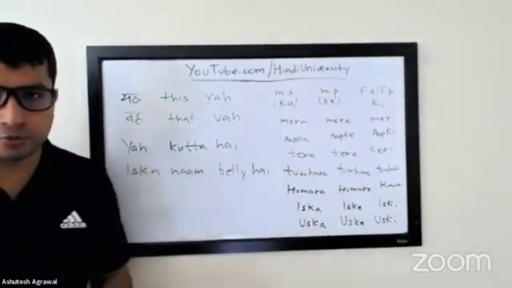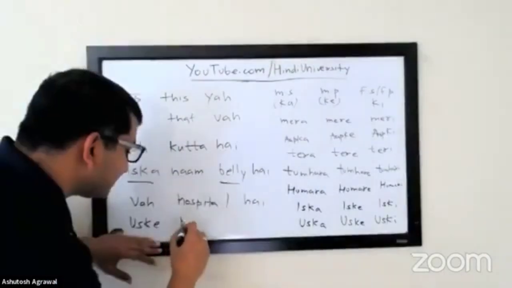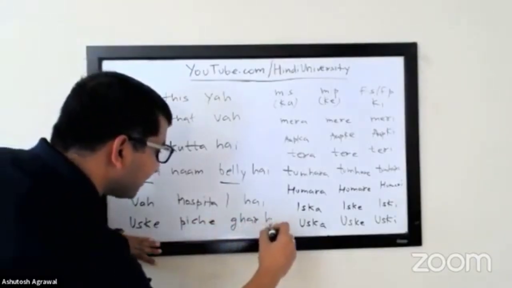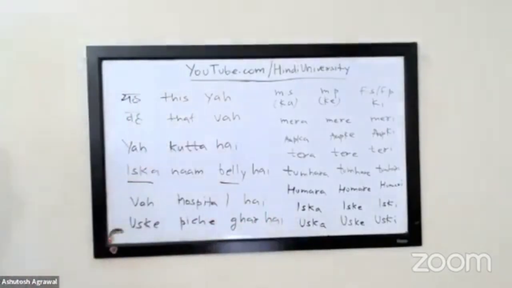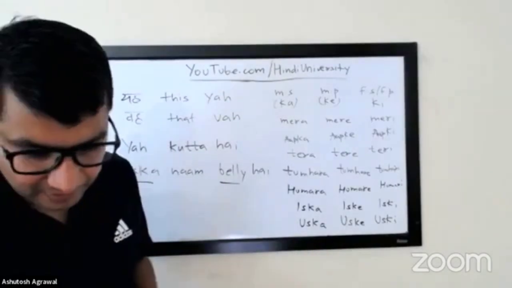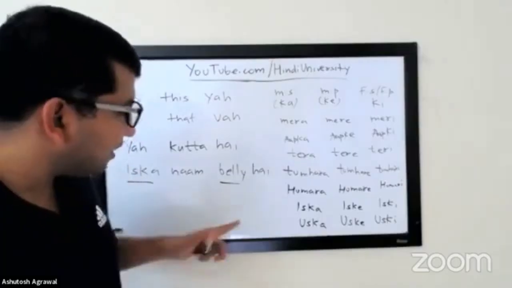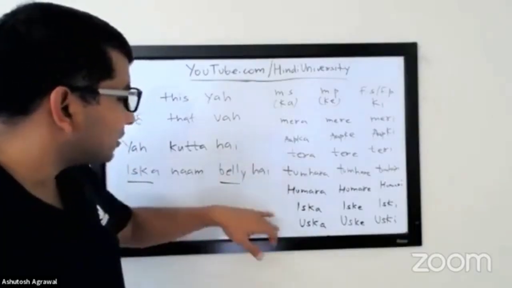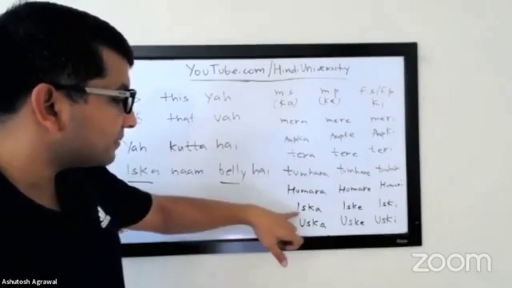उसके पीछे घर है. Wonderful. Right, वह hospital, that is a hospital. Behind the hospital there is a house. उसके पीछे. We'll cover more examples of it, but right now, as long as you understand that यह becomes इसका,